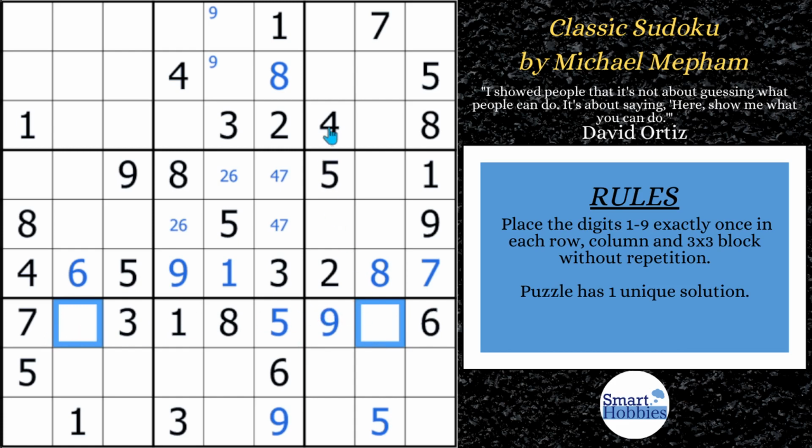And the answer is yes, because you have this 4 coming down right here, means that you have another 4 pointing pair. And so the 4 can't be in this cell because you have a pointing pair in block 6. So this has to be your 2, and that has to be your 4. After solving that 4,